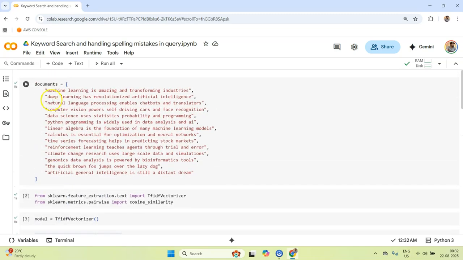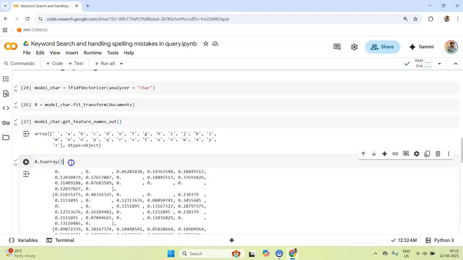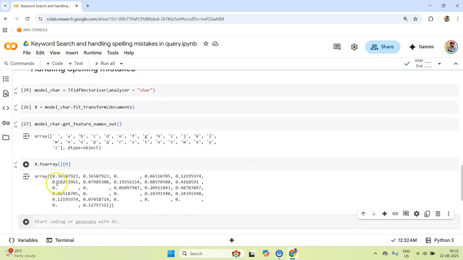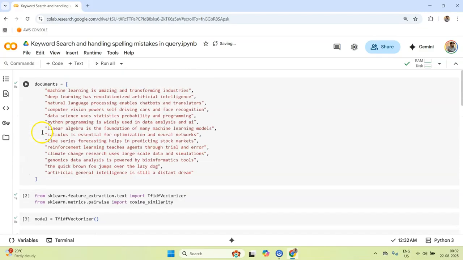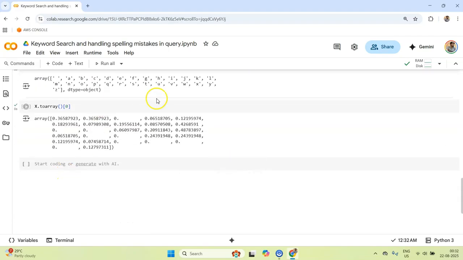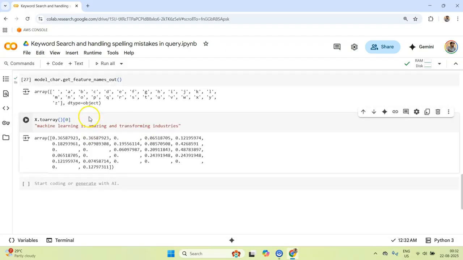If I check X.toarray(), it will clear your doubts. I have printed the first array, and the first array corresponds to which document? This document. Let me print out this array side by side with the document.